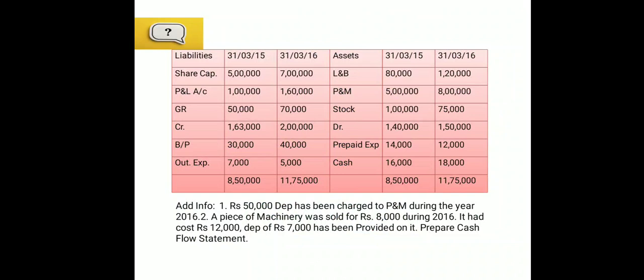Fine. Now the next is your stock. Stock is your current asset, and what we are able to see, stock is decreasing. So what we have to do here, decrease in stock, decrease in current asset we need to add. Okay, similarly with your debtors, it is increasing. Debtors are increasing. So what do we have to remember? Increase in debtors, that is your current asset, we need to deduct. Fine. Then next what we have? Prepaid expenses, another current asset, and this is also decreasing. So decrease in prepaid expense, that is again your current asset, we need to add.